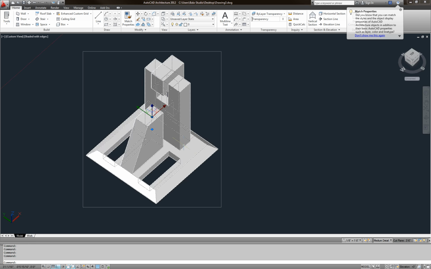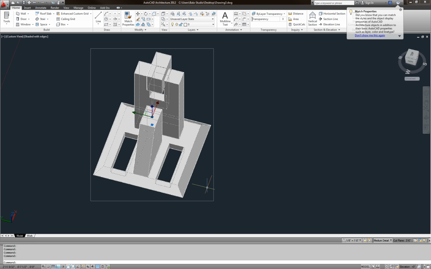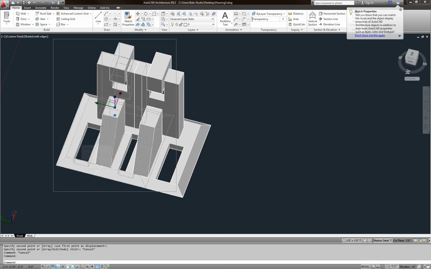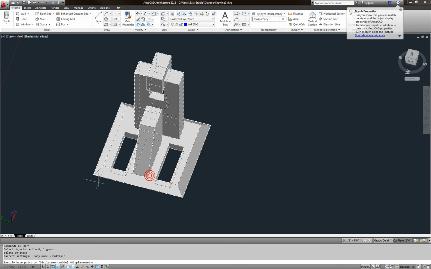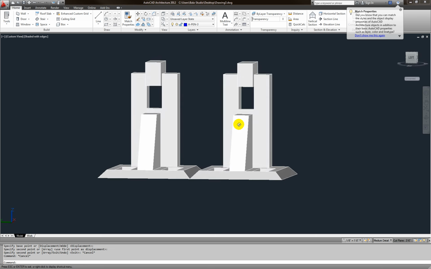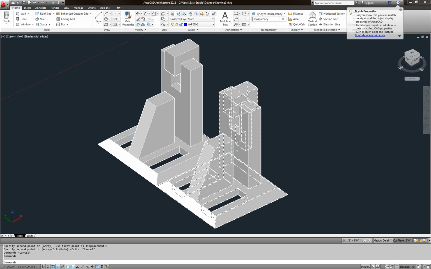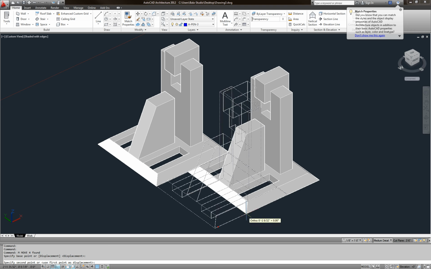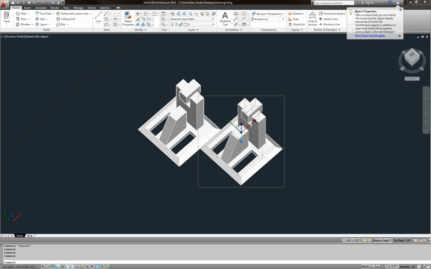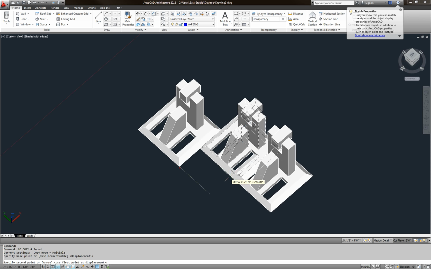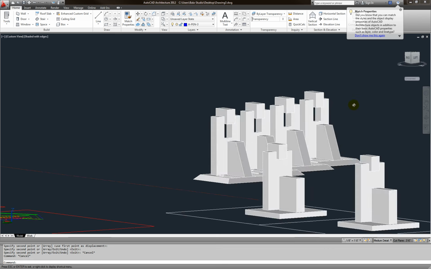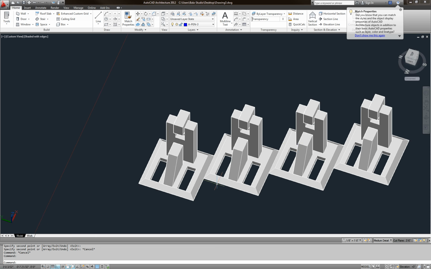Okay, guys, now I'm going to copy this. CO for copy. I'm going to copy between this point and this point. See that, now I could copy, and once copied I could move it like this at an angle. So there's copy and move, stepping copy. Now I could take this point, that point, and that point, and I could copy like that. This is not doing anything. It's just a very simple change